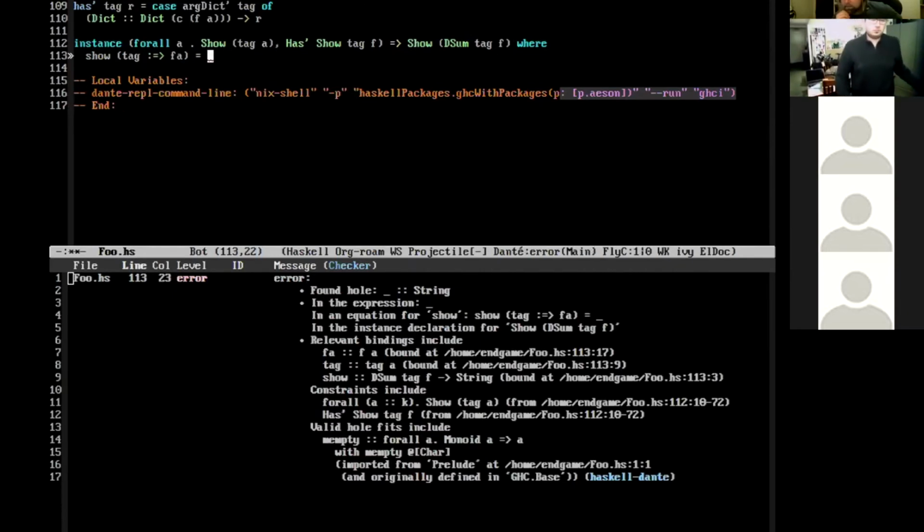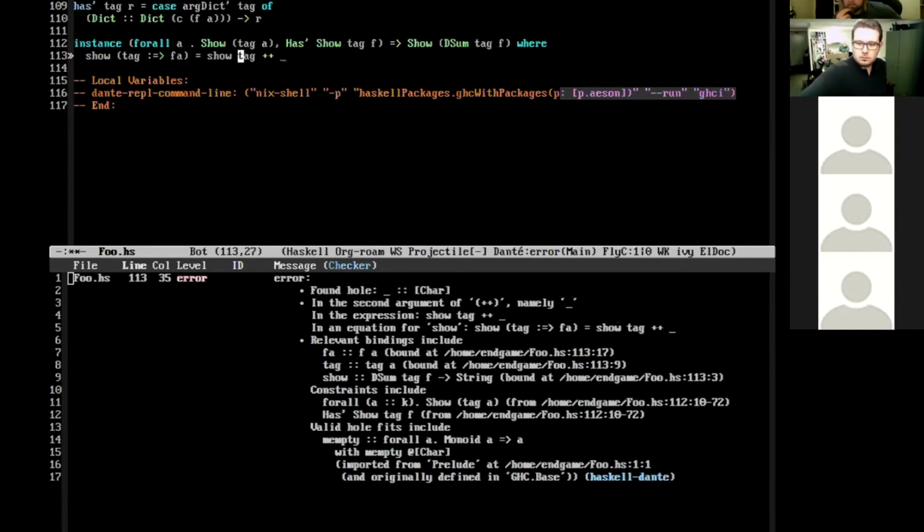We need to construct a string. So we can say show tag, which is fine, because we know that tag has a show instance for any A, which quantified constraint gives us that. And then on the right-hand side, we need to bring in the specific show instance for FA in the scope. So it's the same trick as before.